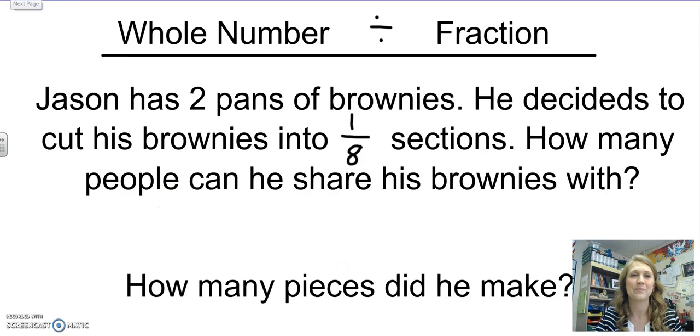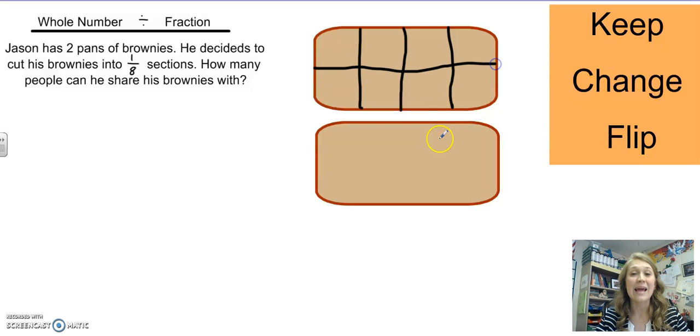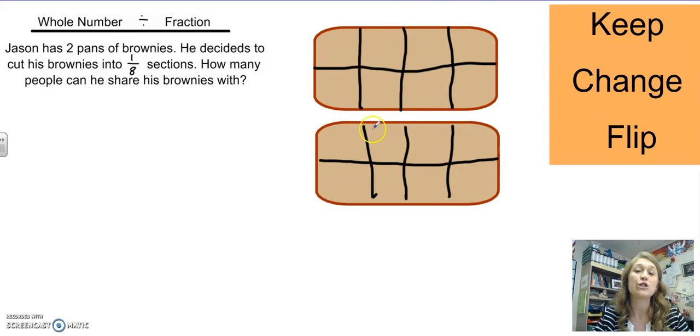Here's what I mean. In this problem, Jason is going to take 2 pans of brownies and he's going to divide them into 1/8 sections. So in our models, we're going to divide these into 2, 4, and 8. And I have to do that for both models. So again, 2, 4, and 8. So now that we took his 2 pans and we divided it into 1/8 sections,